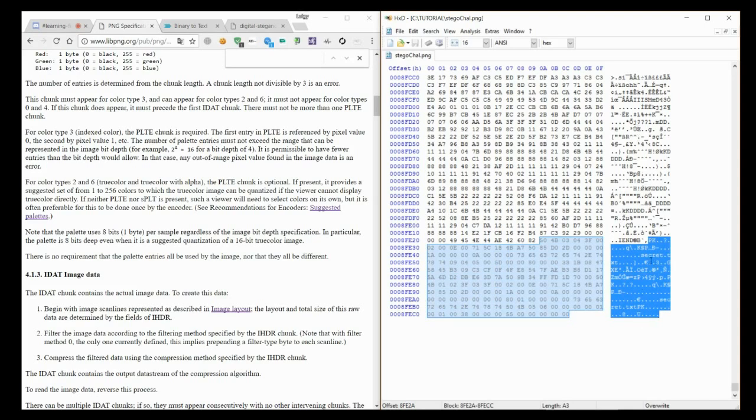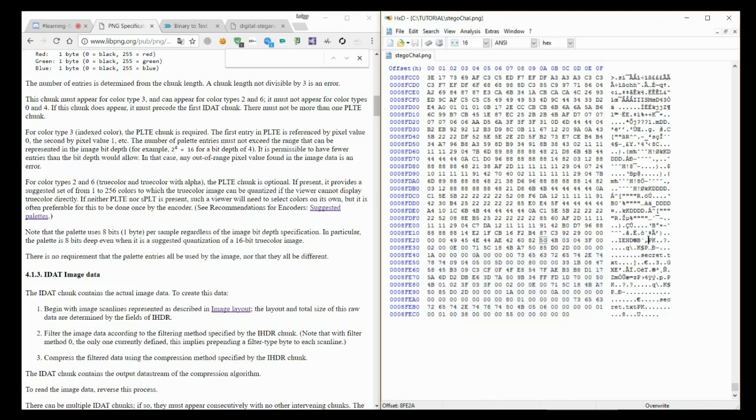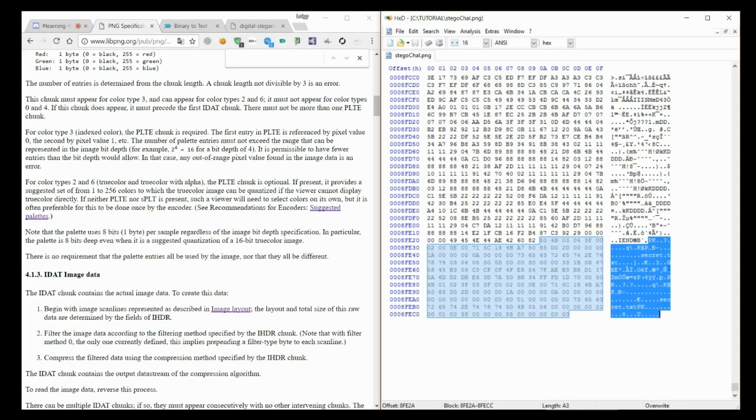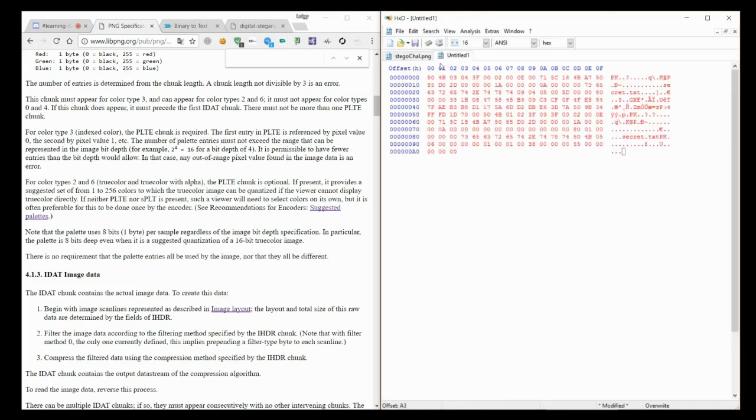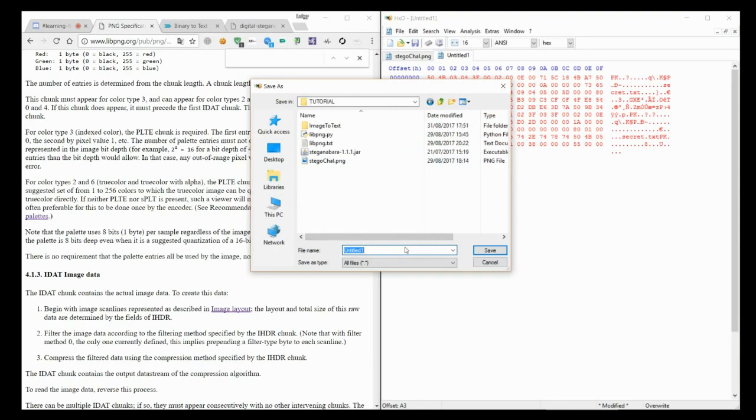So right here we have this. I can directly tell you that this is a zip file encoded with pkzip, and that inside we have a secret.txt. So I will create a new file and save it,